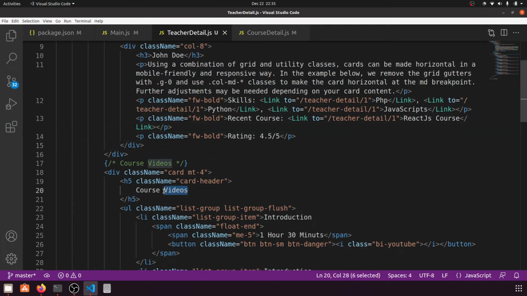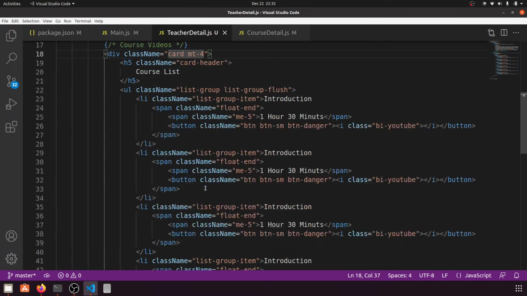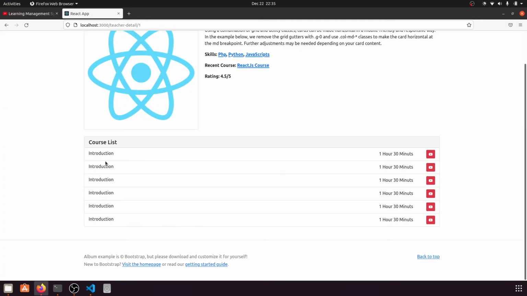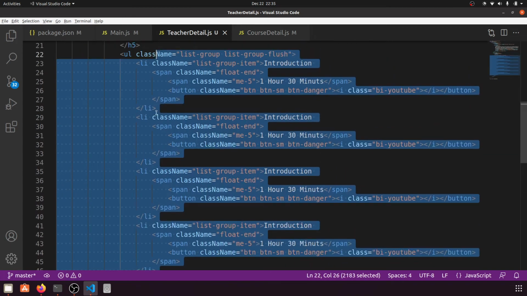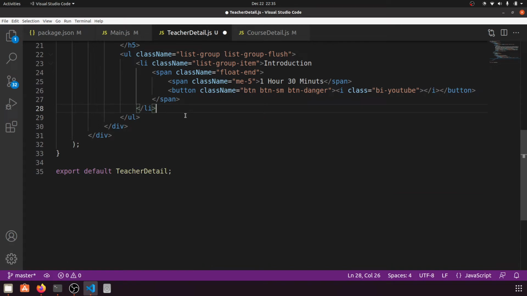In this list we will define all the courses. So these are the skills and this is the course list. We can simply define this as, just remove this.